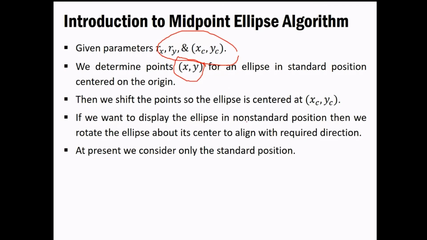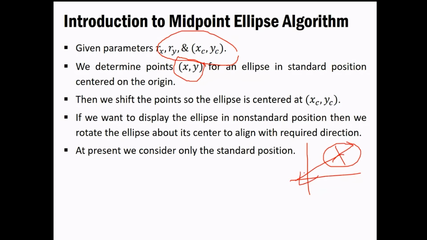So you'd be getting a different scenario, a different origin, so that the ellipse could be built on that particular thing. Because this is an ellipse, you have to keep one thing in mind, that is the major and minor axis, and you have to keep your position like that only. If it is not, then we have to rotate it and align it with the required direction. That is, if this is the direction and your ellipse is lying over here, then you have to take it and rotate it over here.